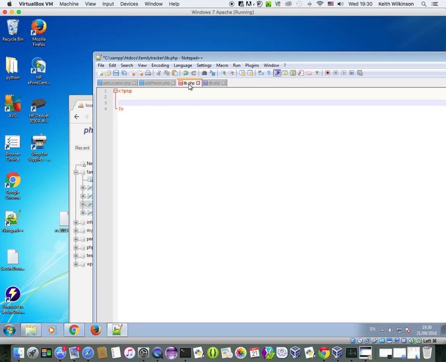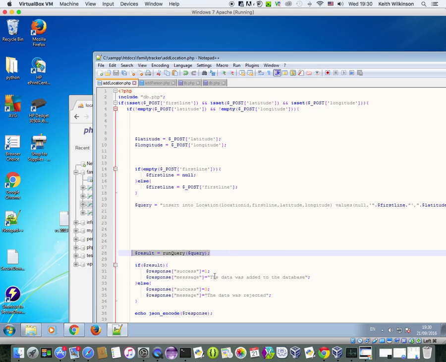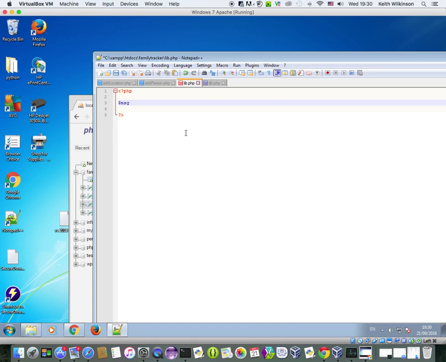I'm going to create an array, and there's a special kind of array called an associative array, which I've probably mentioned before. I'm going to call it message. So what this array is going to do is hold these values here as a message. And it's associative because it's going to associate each one with a key value pair. So this is the value, I need the key. If we think about this one here, it's when the data is added, so a useful key would be added. So I'm going to make the array message equals an array,